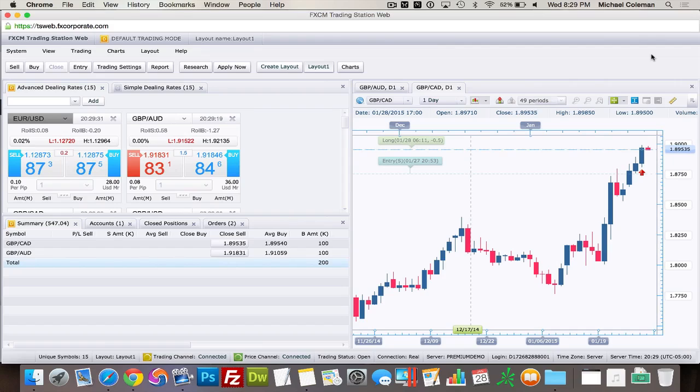We're going to review the trades that we had set up yesterday. And again, to review, we set up a trade for the Great British Pound Australian dollar as well as the Great British Pound Canadian dollar. These were what's called our single pair approach, meaning we did a buy order and a sell order on each of these two pairs. So if we look over here under our summary,